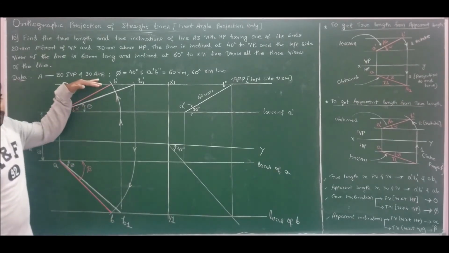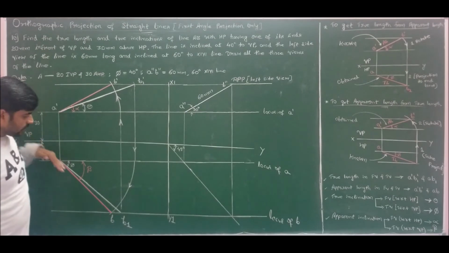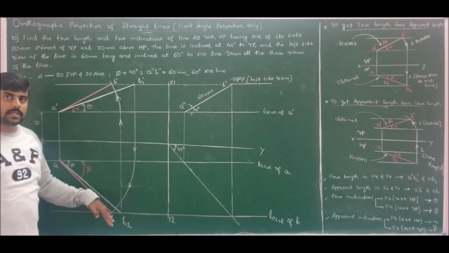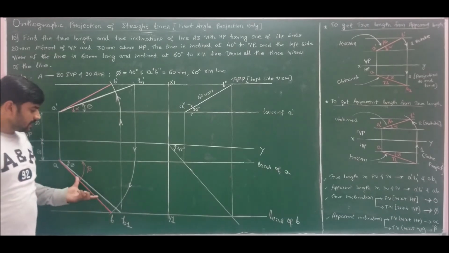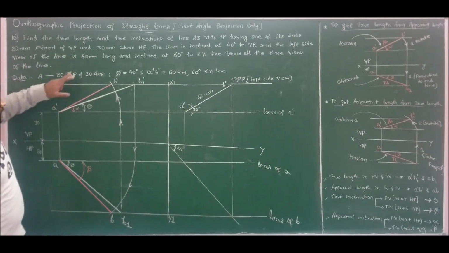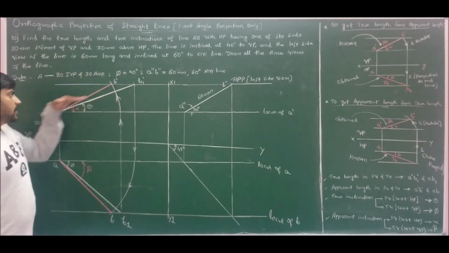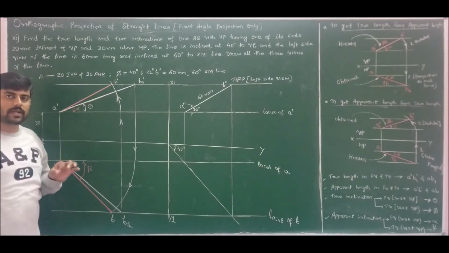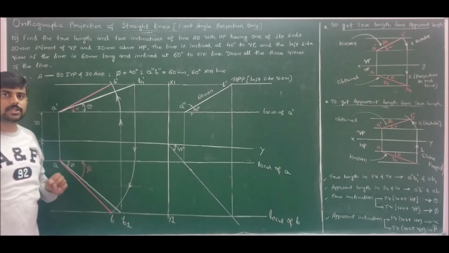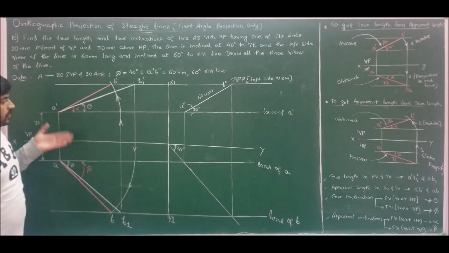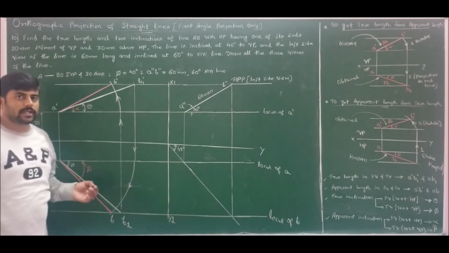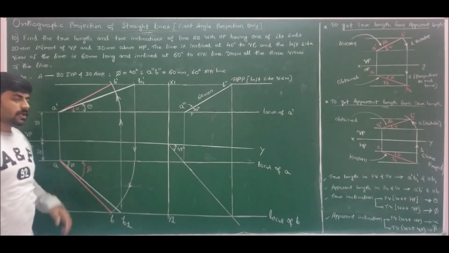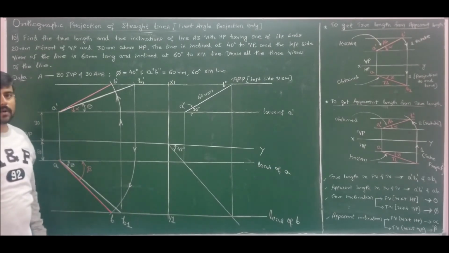We know phi at 40 degrees. Draw phi at 40 degrees, intersect the locus of B, and you will get the true length AB1. Measure this true length from A dash and cut an arc. So you get the true length in front view, because true length remains the same in both front view as well as in top view. This you people already know. Now you know how to extract apparent length by knowing the true length. Do that, and you will get the apparent length in front view and apparent length in top view. So this completes the problem.